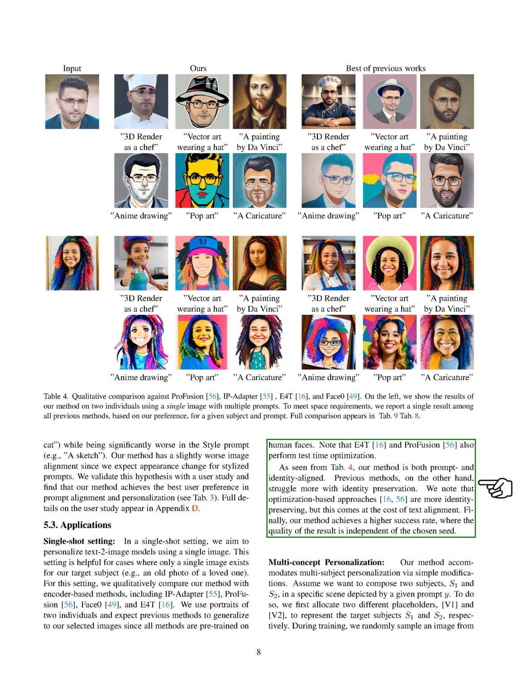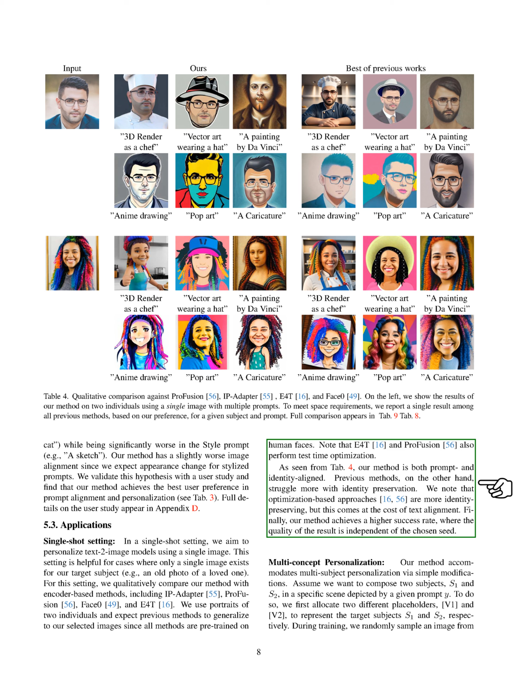Some of these methods also optimize at the time of testing. Our findings show that our method aligns well with both the prompt and the identity. In contrast, previous methods had a harder time preserving the identity. We observed that methods based on optimization were better at preserving identity, but this often came at the expense of aligning with the text. Importantly, our method had a higher success rate, and the quality of the results didn't depend on the initial seed chosen.